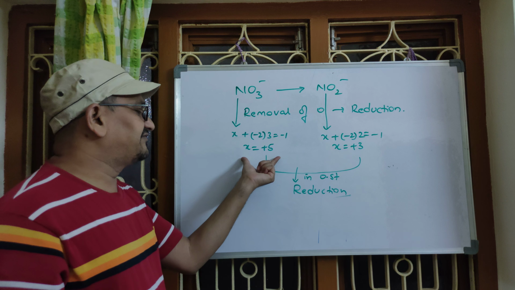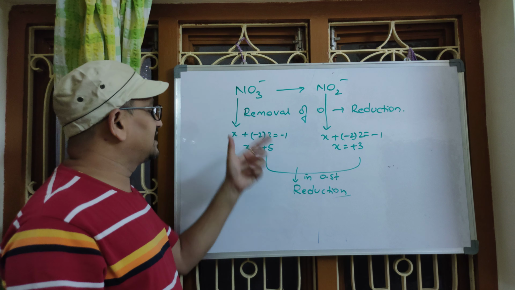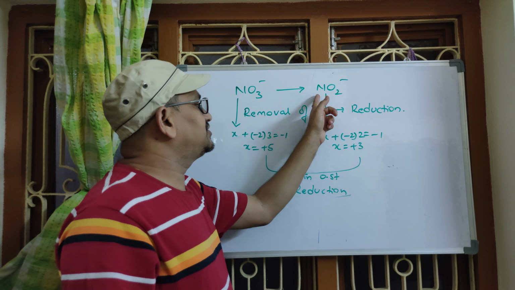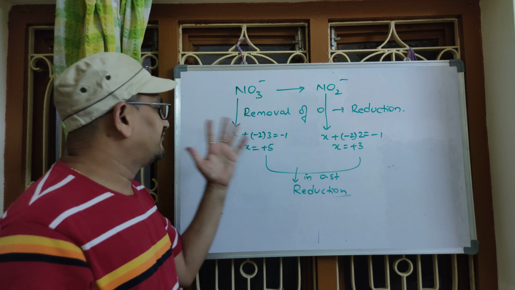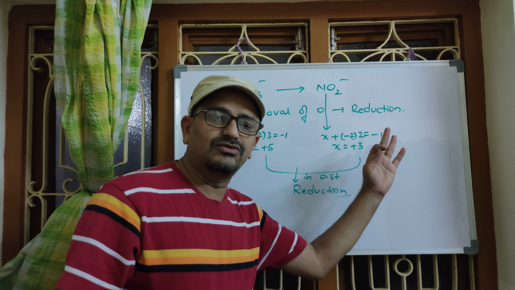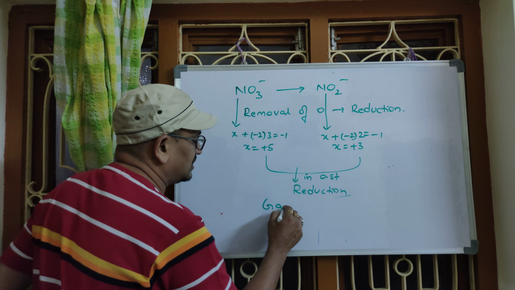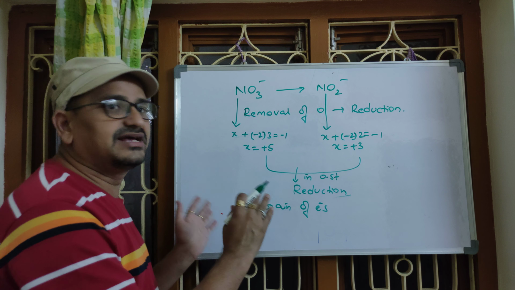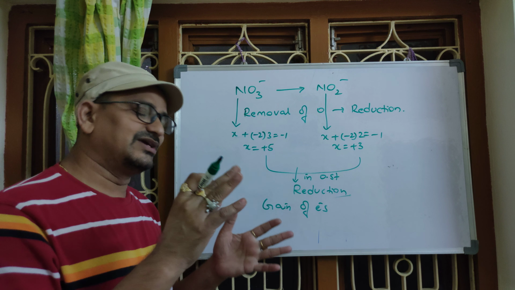Sir, one more definition also we can check. Yes, here it has a deficiency of how many electrons? 5 electrons. In the beginning, nitrogen has a deficiency of 5 electrons. From that state, it is changed to a state of deficiency of only 3 electrons. Meanwhile what happened? 2 electrons were gained. So gain of electrons is also called reduction. See, in all the ways we have to cross check in the beginning. Later, from this oxidation state variation only, we can directly predict.